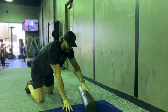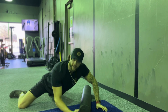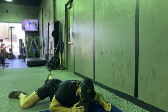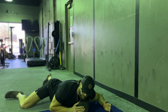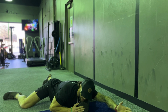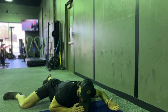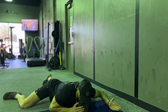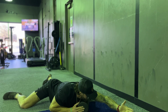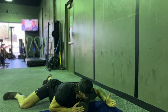You're going to place it diagonal, just like that, and then you'll open up the opposite leg here, and you're going to place your body on the foam roller to where your chest is on the roller. And what we're going to do here is try to release our chest. It gets tight from sitting, making sure you're taking deep breaths so that foam roller is pressing into my chest, and then my arm is elevated and I'm reaching forward and backwards,